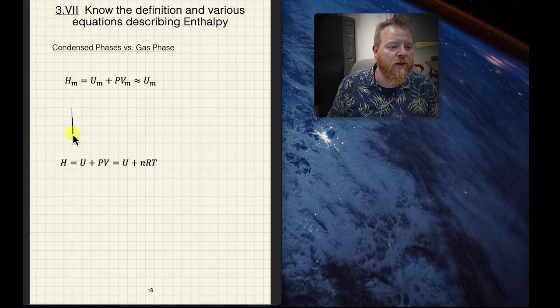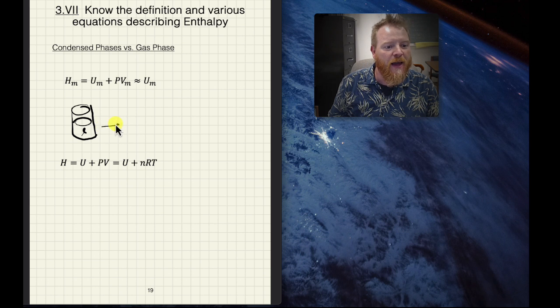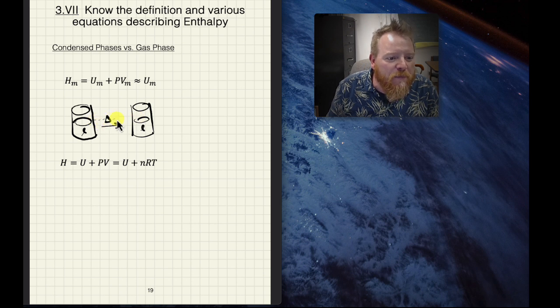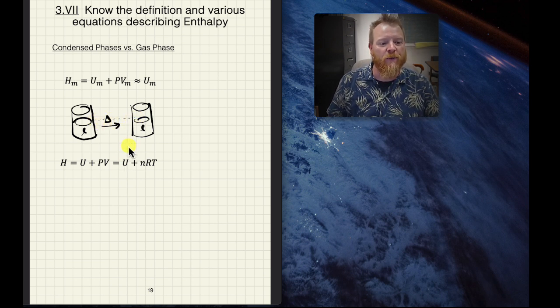So if we draw a little picture of a beaker of some liquid, and we add heat, sometimes that delta sign is used to say heat, our liquid is going to expand, but it is going to be barely discernible. It only expands